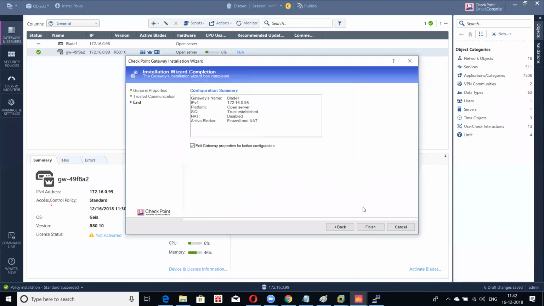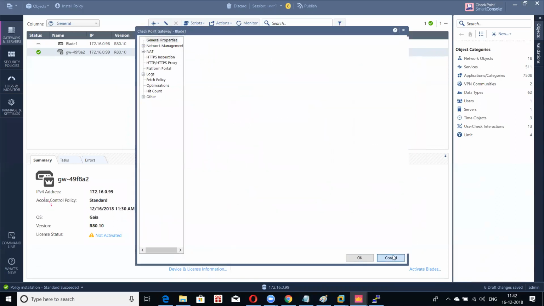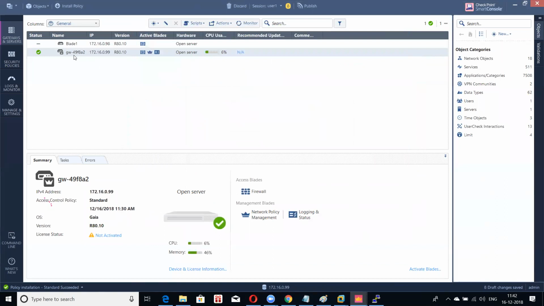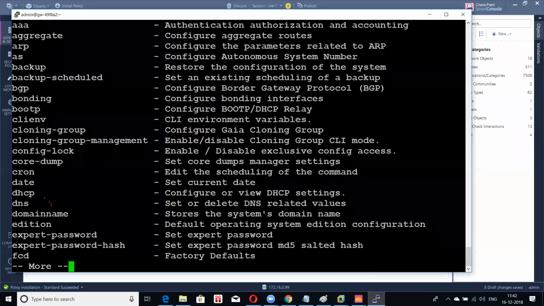Now I should have two gateways. Correct? On the top I have two gateways, Blade 1 and the standalone. So I have Blade 1 and the other firewall. Two firewalls are basically available with one management station. Now I will show you. We will go to the other